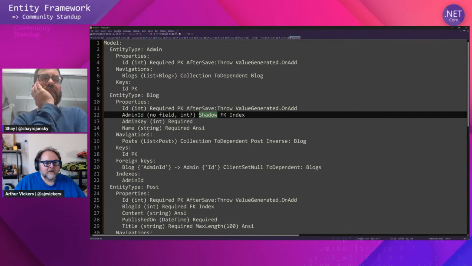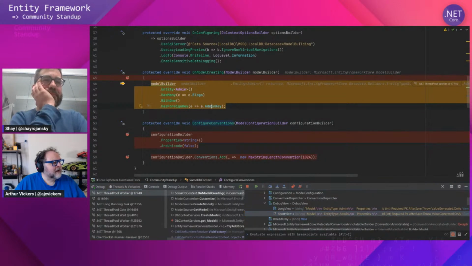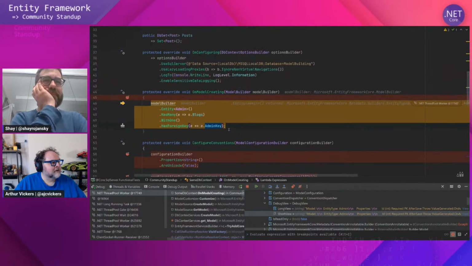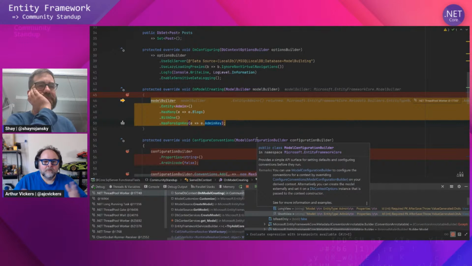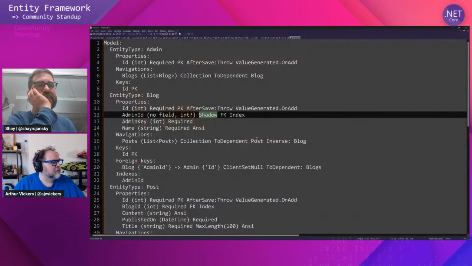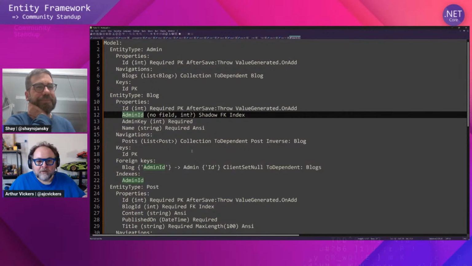Now we actually know, if we go back to our configuration, that what we want is admin key to be our foreign key, right? We put an admin key property in there, but admin key doesn't match the convention for a foreign key for that relationship. And so we didn't discover it. And because we didn't discover it, we created a shadow foreign key, admin ID, because you don't have to have foreign keys in your model. That's a whole other discussion. But it's not necessary to have foreign keys mapped in your model. And so if we don't find one by convention, we create a shadow foreign key for it. And that's what we've done here, which is fine,